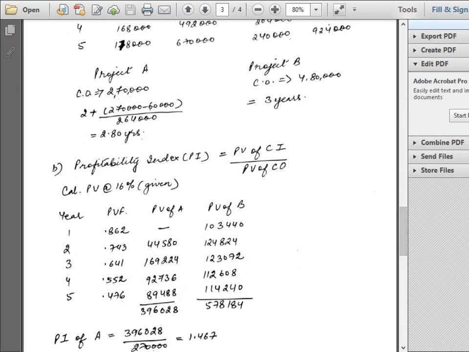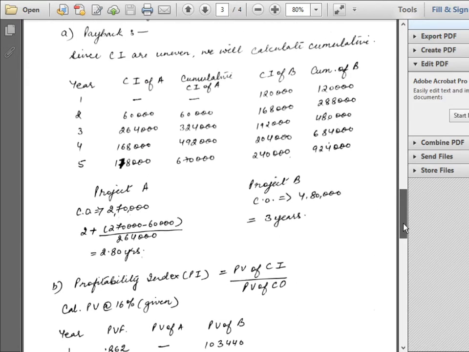Now moving on, we will calculate the payback period of project A and project B. So this is how it is calculated. The cash outflow given for project A in the question is rupees 2,70,000, and similarly for project B it is 4,80,000 rupees. So payback period, if you remember, is actually the time period in which we get the initial investment back. So here is how it is calculated. For 2,70,000, we will look in the cumulative table to see where we are recovering 2,70,000 rupees. As you can see, 2,70,000 will be recovered somewhere between the second and third period,